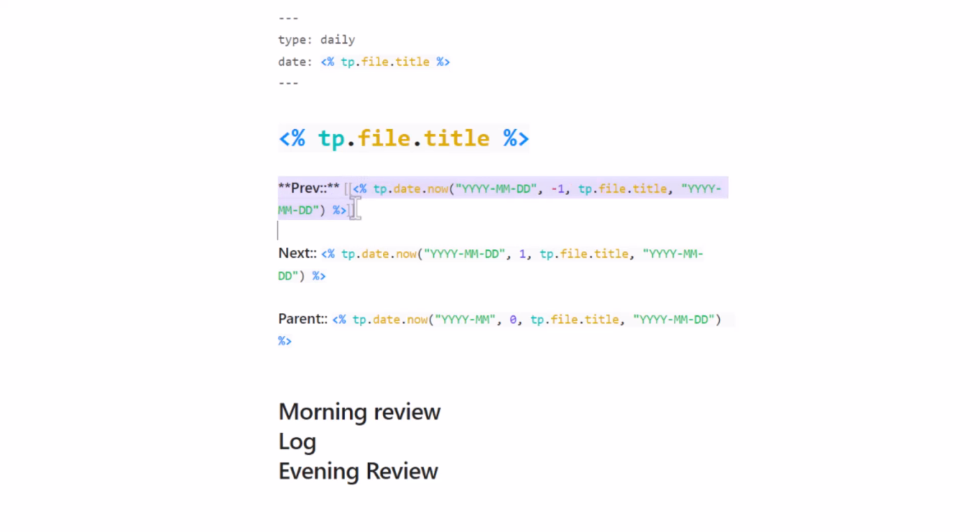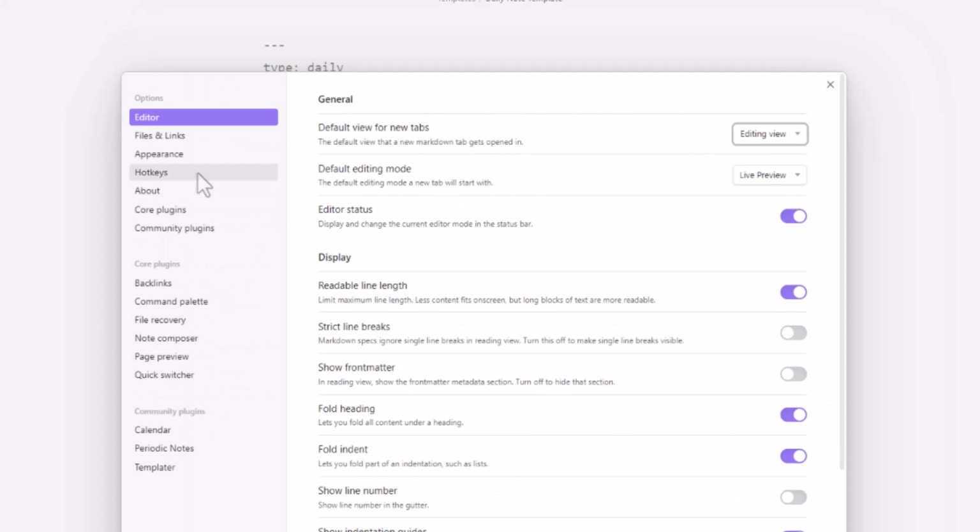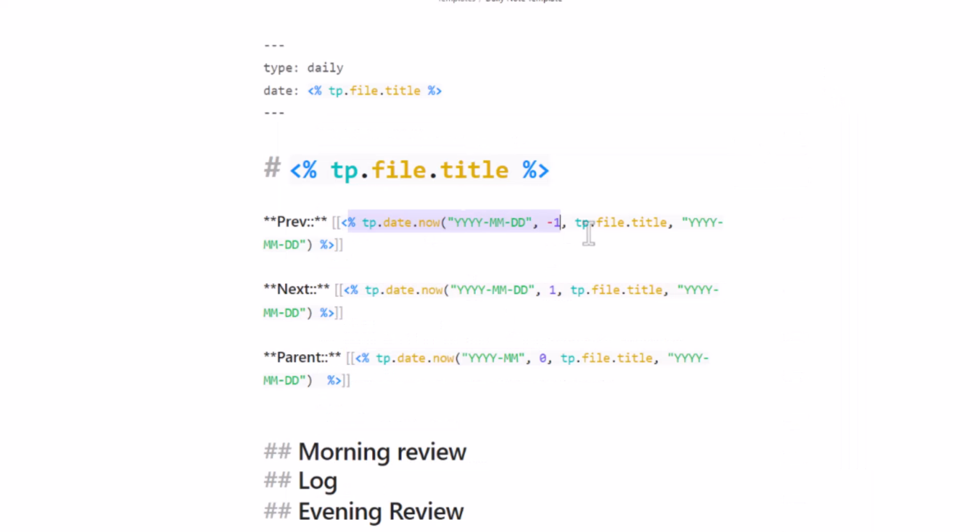Okay, so I'll see what it's doing. So we have to double click in order to see the square brackets, so let's switch that off, because it would get a little bit irritating if you code quite a bit. You would want to go to the editor, default editing mode, and we're going to say source mode. So currently it's on live preview in edit mode, but in editing mode we want source mode. Live preview has its value when you have already finished writing the code. It just looks prettier, but for us source mode is better. So change to source mode. Now we can see, so here we're pulling in the previous day, next day, we're pulling in the current month,